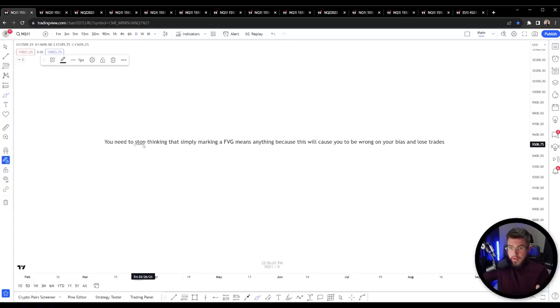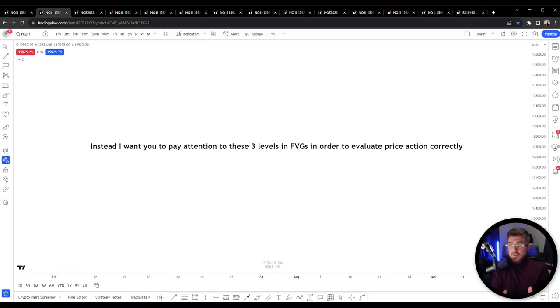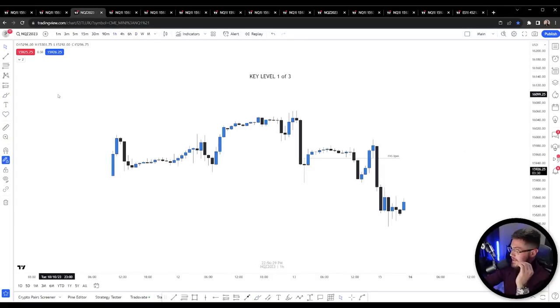You need to stop thinking that marking a fair value gap means anything, because this is just going to cause you to be wrong on your bias and lose trades. Instead, I want you to pay attention to these 3 levels in fair value gaps in order to execute and evaluate price action correctly. So the key level #1 we're going to be talking about is going to be the